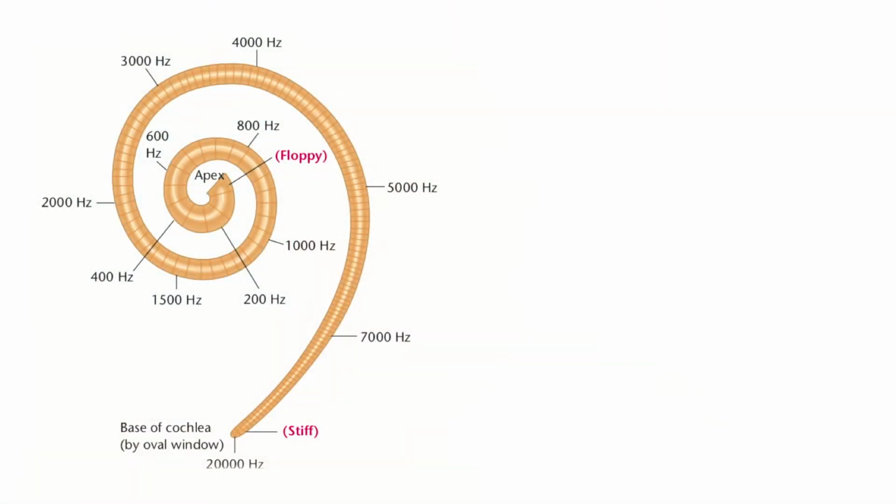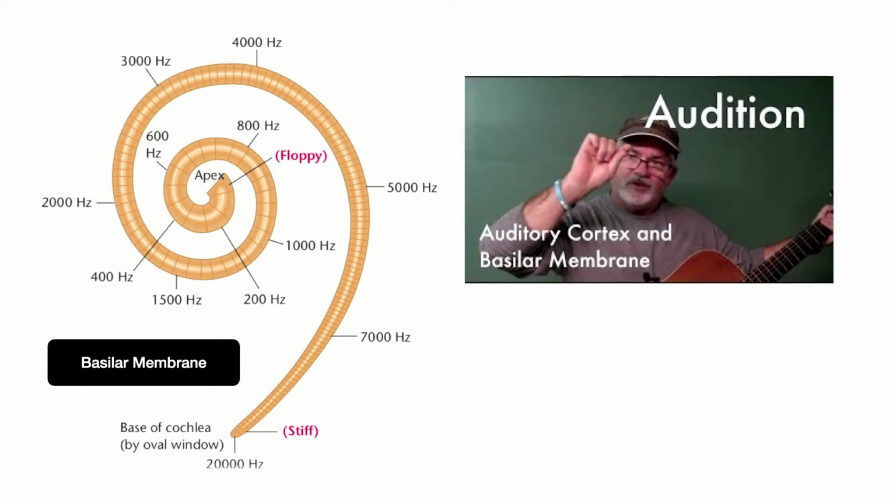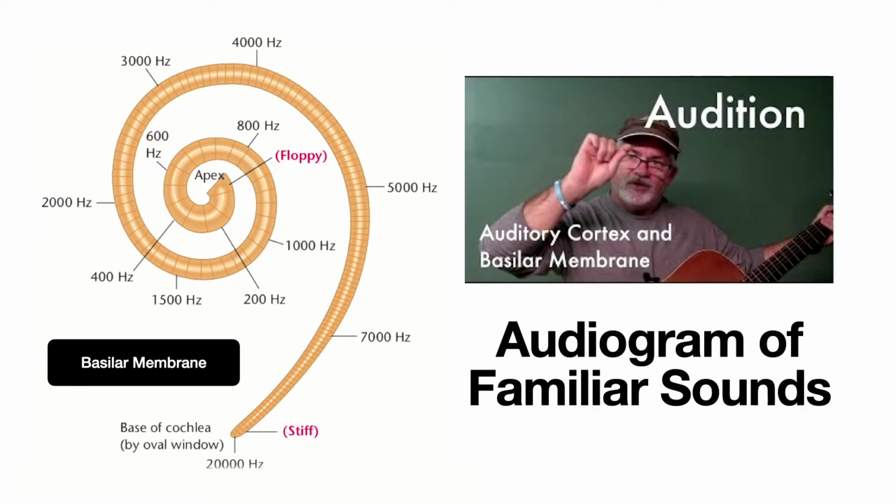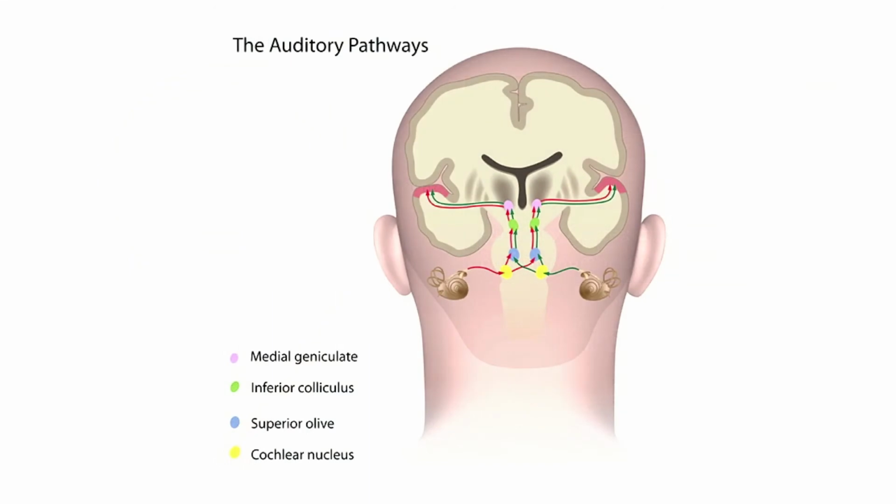So here we have, I go into this a little bit in that video, and we just talked about the audiogram of familiar sounds. Let's talk about the auditory pathway, how information comes into the ear and moves to the brain for processing, similar to what we did in vision. So here we have our sound, and the sound comes into the ear and enters the cochlea, and wherever on the basilar membrane it vibrates, it sends that signal to the brain stem. And you'll see these steps as the signal is moving up. Hearing is first processed in the brain stem, not in the brain.